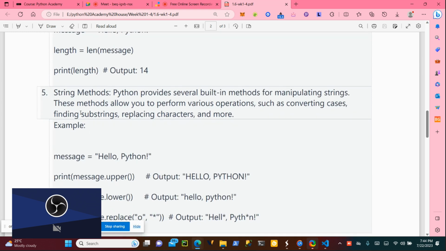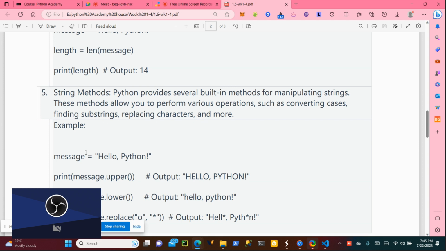Then we have the string methods. Python provides several built-in methods for manipulating strings. These methods allow you to perform various operations such as converting cases, finding exact strings, replacing characters, and more.